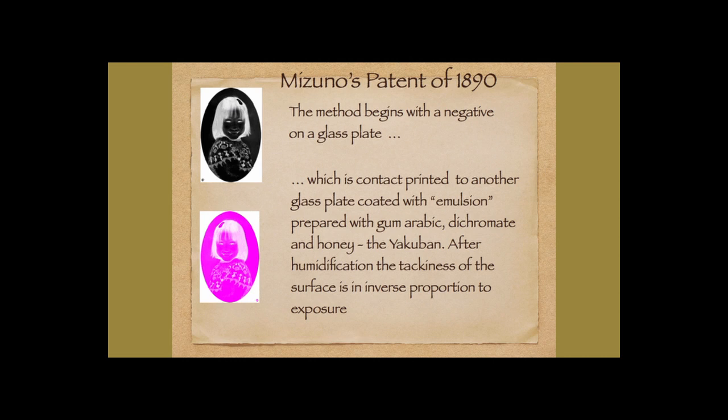So the first part of the patent says that any image can be reproduced on a negative plate using ordinary photography. So you take a normal photographic negative. Contact print to the sun for about 5 to 10 minutes using his material, which has been coated on to a glass plate. During exposure, the transparent portion of the negative plate transmits light into the yakuban. The yakuban is the name of the coated plate which has been sensitized with this bichromate material, and hardens it,